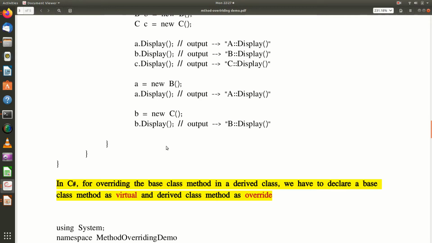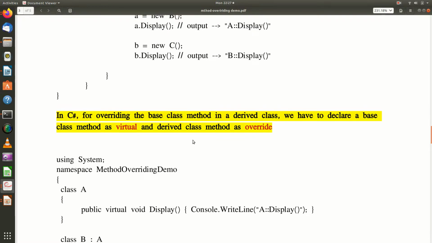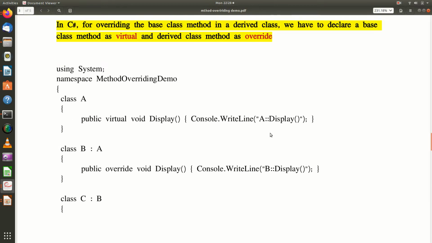Now, suppose for example the A reference as well as B reference should also focus only on the B object and C object respectively. You can go for virtual and override properties. So for overriding the base class method in the derived class, we have to declare a base class method as virtual and derived class method as override. So what you will be doing here?